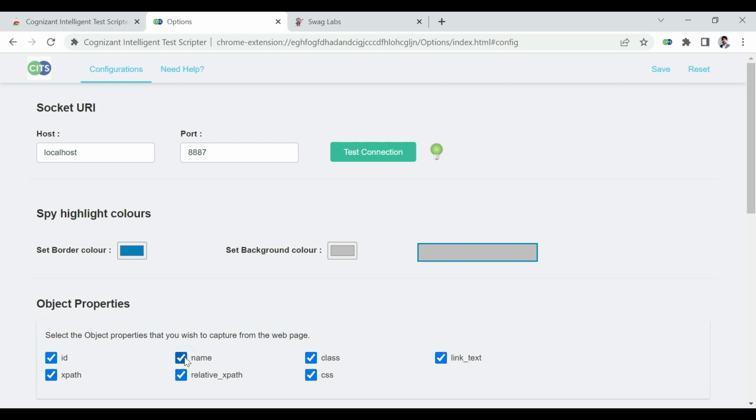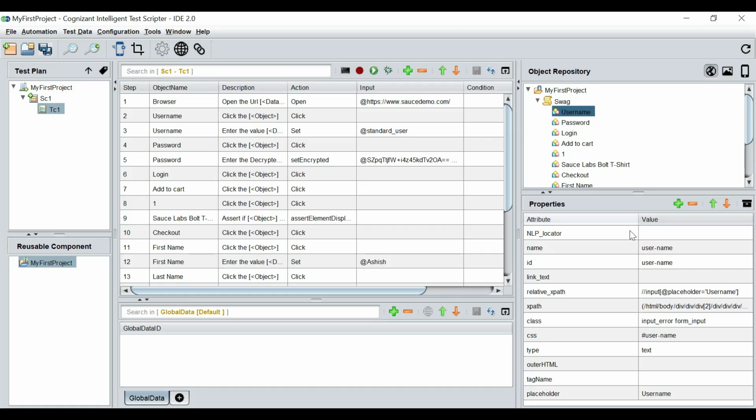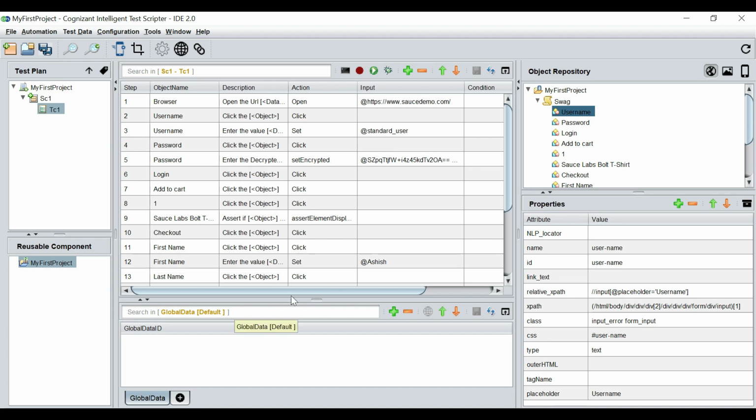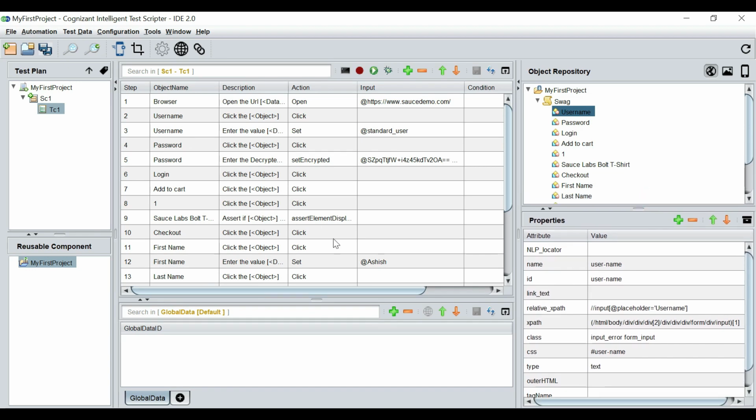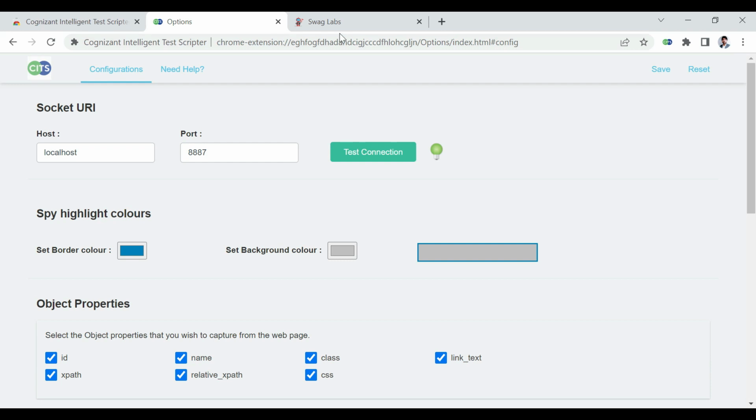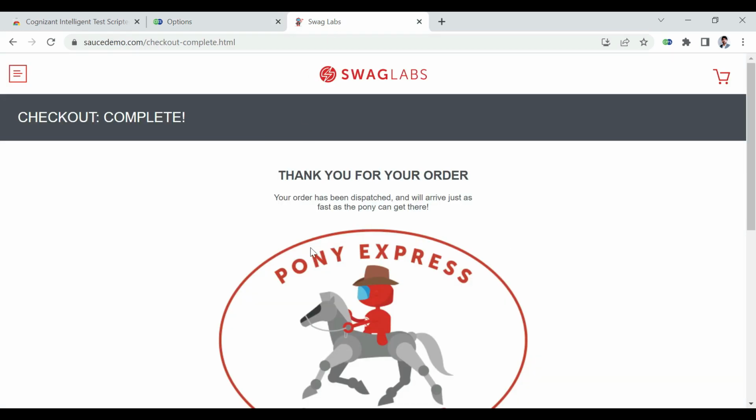So that's pretty flexible. That is pretty solid. It's some really good stuff that has been built in this. Some nice intelligence that we are going to see pretty handy as we move forward in this series. Now, in order to test this, we have already done a recording, but we are going to explore another feature called the spy feature of the tool, wherein suppose you have a use case where